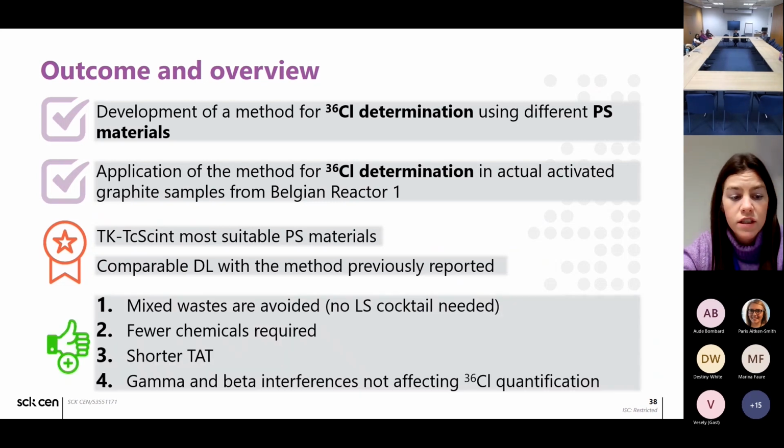So the main advantages of this procedure are that we could avoid any mixed waste, since there's no need to mix a liquid radioactive sample with a liquid scintillation cocktail, which is organic. Then the amount of chemicals, as I said, was really low, since we only needed the trapping solution. The turnaround time is shorter because in this case, we didn't need to do any further elution step. And as well, the gamma and the beta interferences present on our activated graphite sample were not actually affecting